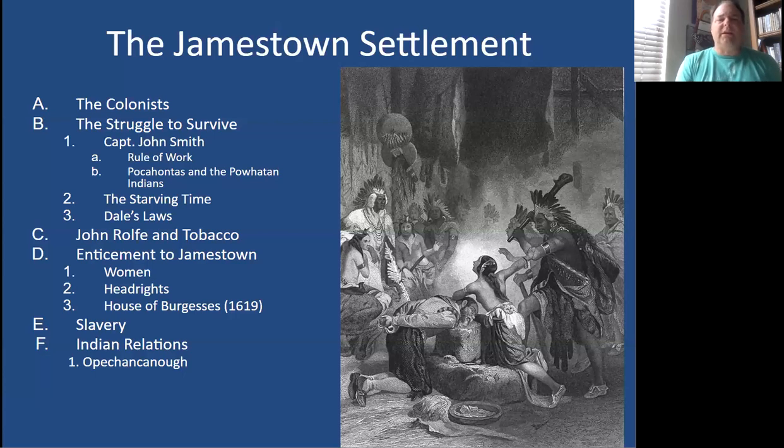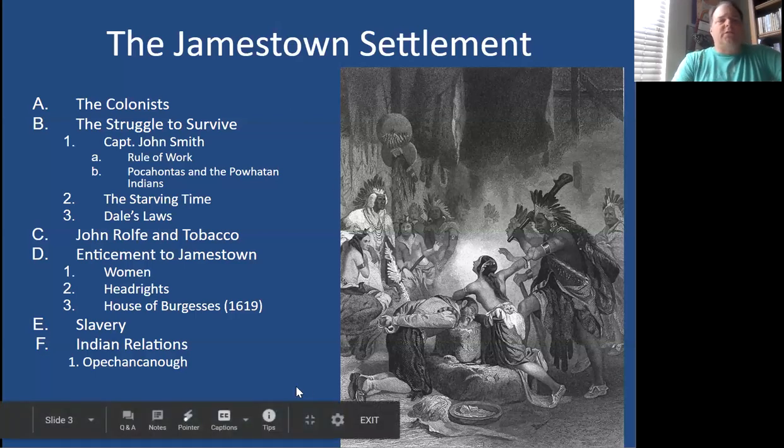Now, the reason you probably have heard of John Smith, or if you ever saw the movie Pocahontas, the reason you would know John Smith is because of his encounter with Pocahontas. And it's depicted in this scene here. Now, John Smith